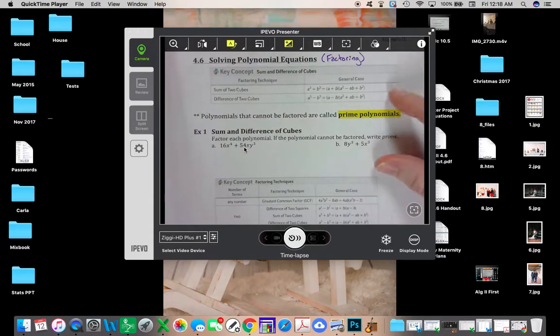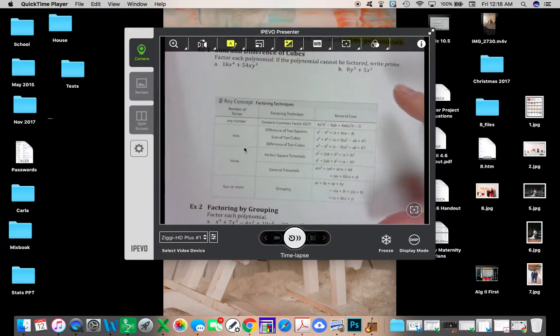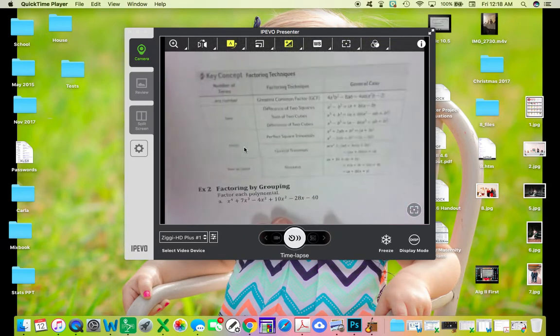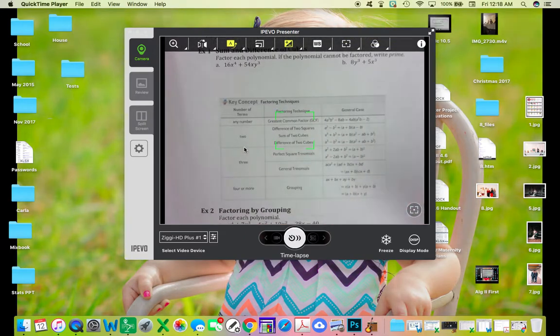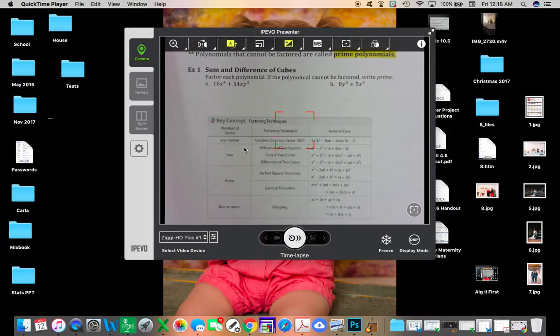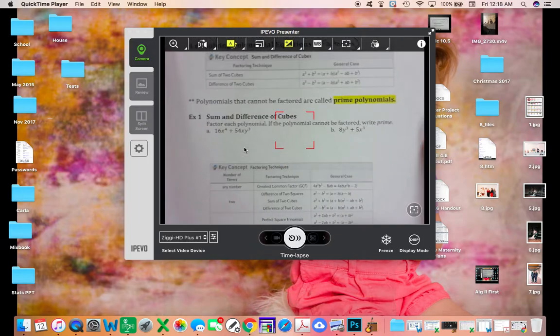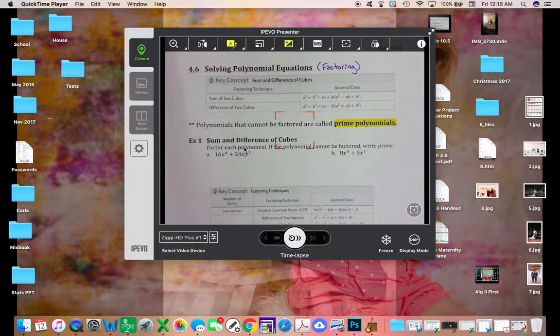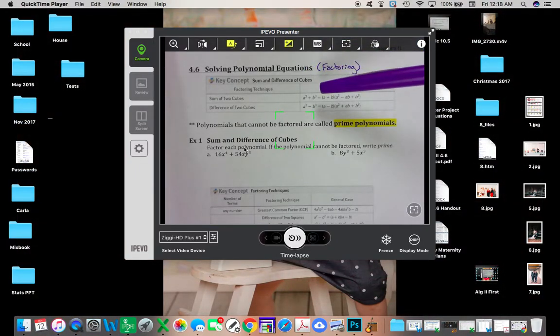We're going to do this first example here, and then we're going to complete this box and talk about this box a little bit. And then I'm not going to use example 4 or the back page. I'm going to create my own examples. So kind of stick with me, and I'll make up my own examples as we go through here as I teach you section 4.6. So the first piece that we talk about is the sum and difference of cubes,